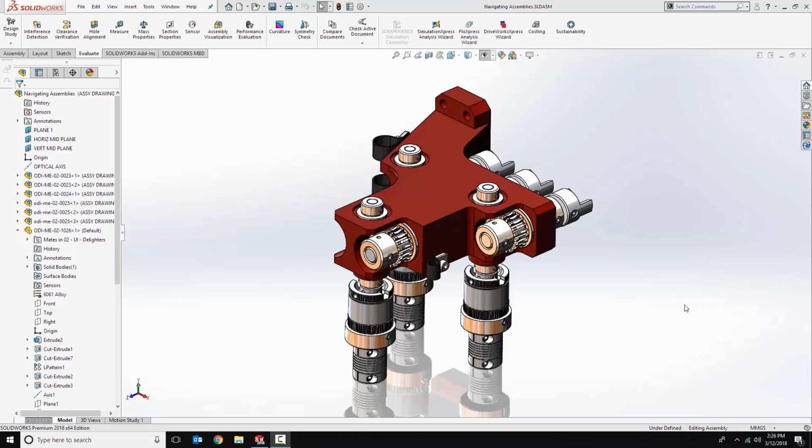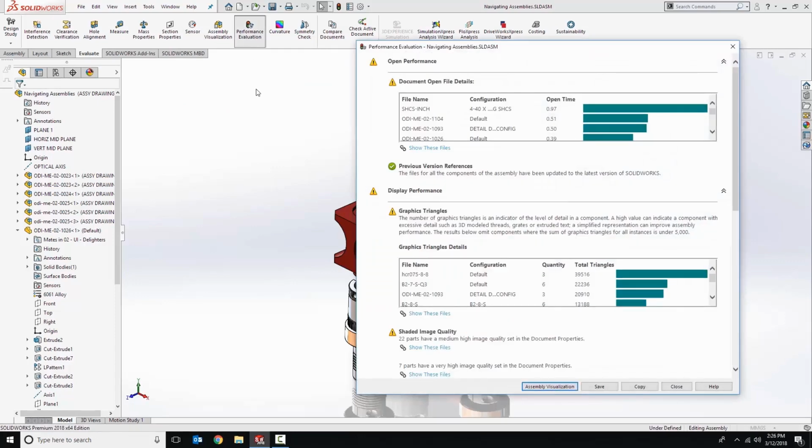The first thing we'll take a look at is the Performance Evaluation tool. Inside of SOLIDWORKS, on the Evaluate toolbar, you'll see you have something called the Performance Evaluation tool. This will actually tell you a bunch of metrics about your assembly that you can use to analyze and understand better exactly what's contributing to performance hits on large assemblies, but also just help you understand your assembly a little